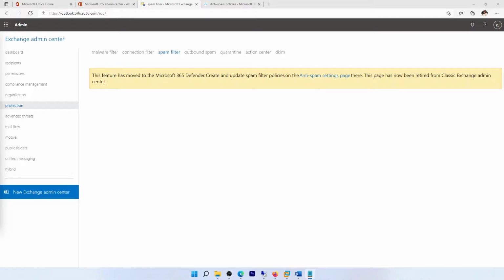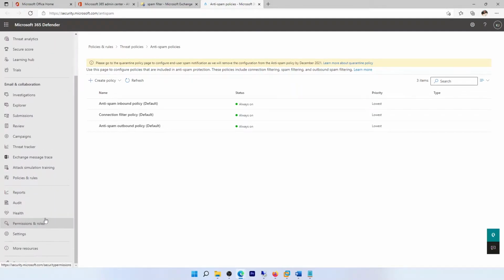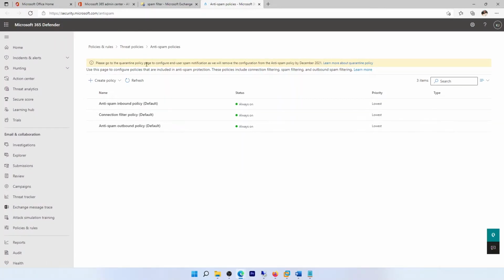To add a domain name to a whitelist, in the past, this could be done from the Exchange Admin Center. But right now, you can see that it says this feature has been moved to Microsoft 365 Defender. If you click on this link, you'll be taken to this option. It's security.microsoft.com. From here, you can manage all your security options, and this cannot be done anymore from